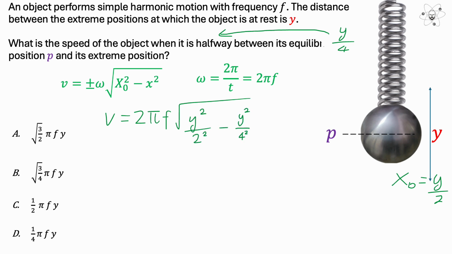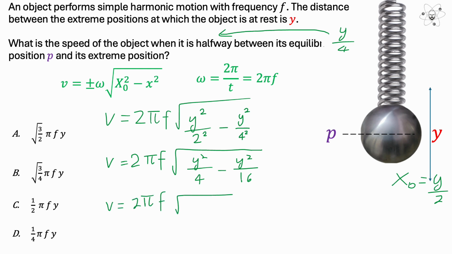After that, it's mostly substitution and then a bit of algebra. So that omega has become 2 pi f. And these terms inside the radical have been substituted in. So x squared has become y over 2 squared, and that's the maximum amplitude. And then x is y over 4, squared, because we've got x squared here, and we've got to square this term. From there, it's mostly messing around inside the radical